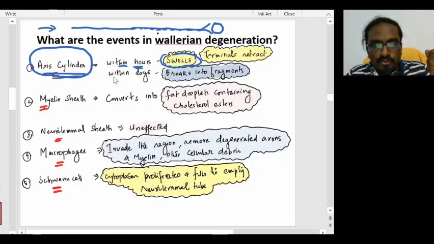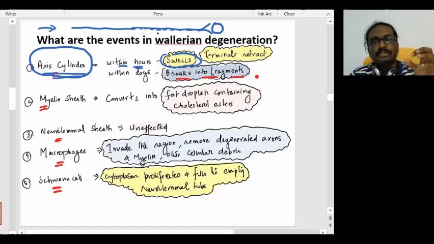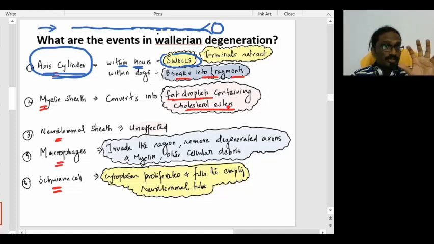And then what you find is the axis cylinder, or the axon itself, is going to break into fragments. So these are the things you should say on the axis cylinder. Now coming to the myelin sheath, what you see is the sheath-like myelin has become droplets of fats containing cholesterol esters. Droplets of fats. So once it turns into droplets,